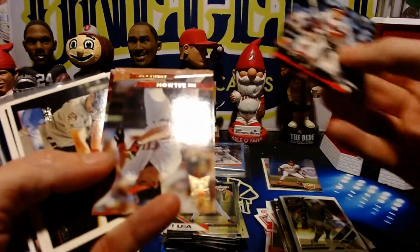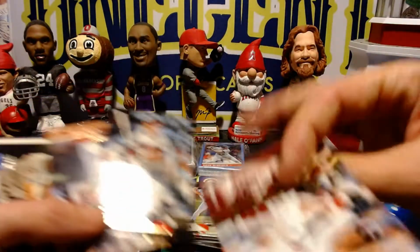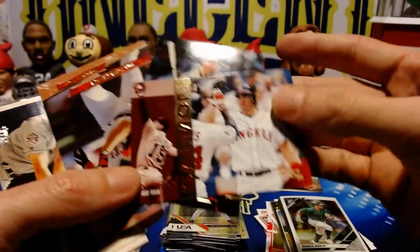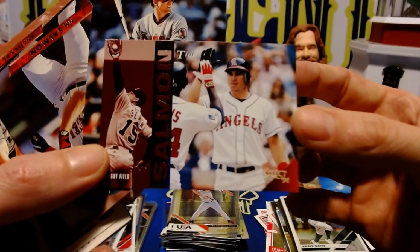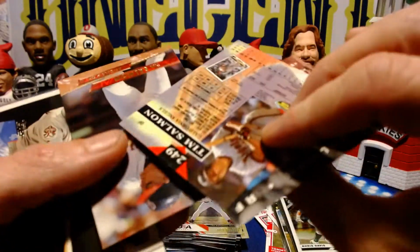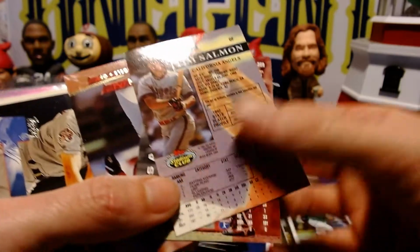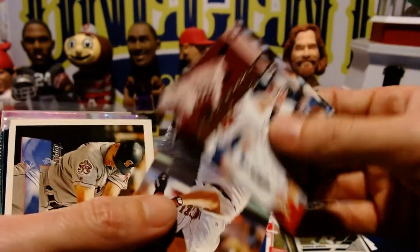And then there is the Stadium Club. Let's see what else we have. It looks like we're gonna go on a salmon run here. And if I keep dropping this salmon, so this one is a Select 94 Tim Salmon. I don't think we've showed that one on the channel. This is a Topps Stadium Club. This one is going to be, I believe it is 93. Yeah, 93. Then we also have the Fleer Ultra Rookie Tim Salmon,